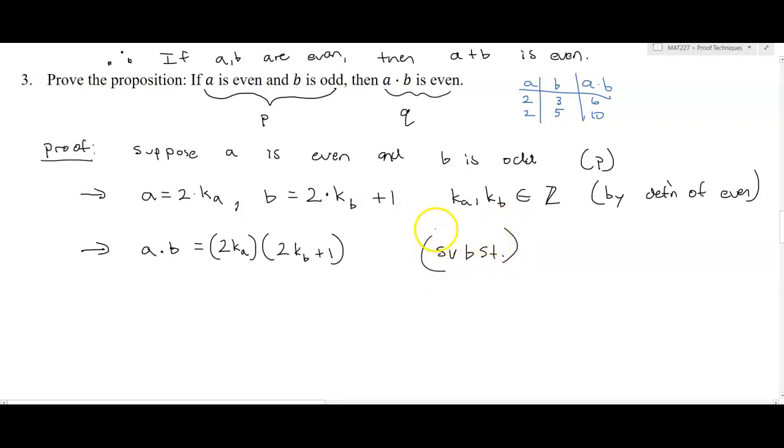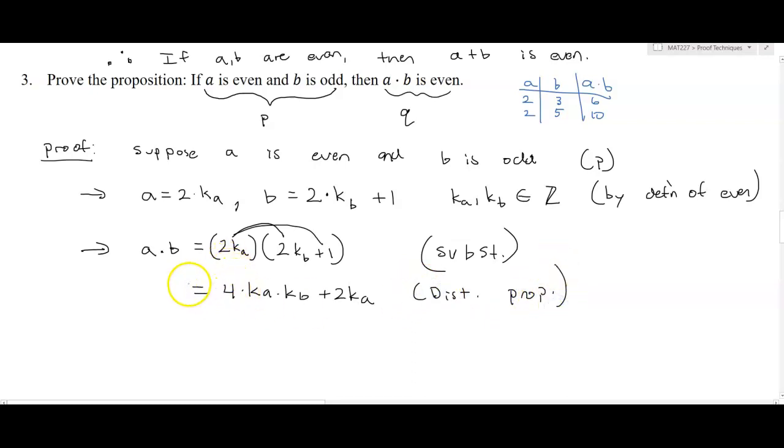Again, notice that we didn't put in numerical values for Ka and Kb because we don't want to prove by example. Proving by example doesn't work. Examples work sometimes, but not always. So if I distribute this in, I multiply these two terms together, I get 2 times 2 is 4 times Ka times Kb. Distribute that to the plus 1, that's just 1 times 2Ka. And this is just by distributive property.